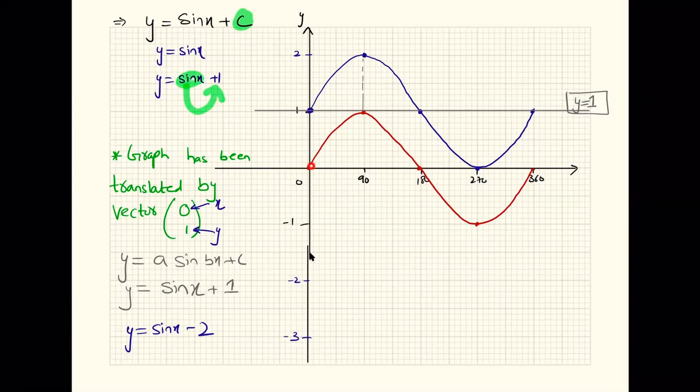Where will this point go? Which point, sir? This point. Can you see my red cursor? -2. Yes, -2. -2 पे चले जाएगा। So -2 पे ये पॉइंट चले जाएगा। इसी तरीके से can I simply say कि पूरा का पूरा ग्राफ 2 यूनिट्स नीचे चले जाएगा। तो शेप वही रहेगा, पूरा का पूरा ग्राफ को मुझे सिर्फ 2 यूनिट्स नीचे शिफ्ट कर देना है। और एक्सिस ऑफ रोटेशन क्या होगा? -2। सो ये -2 के अबाउट मेरा नया ग्राफ ऑसिलेट करेगा।